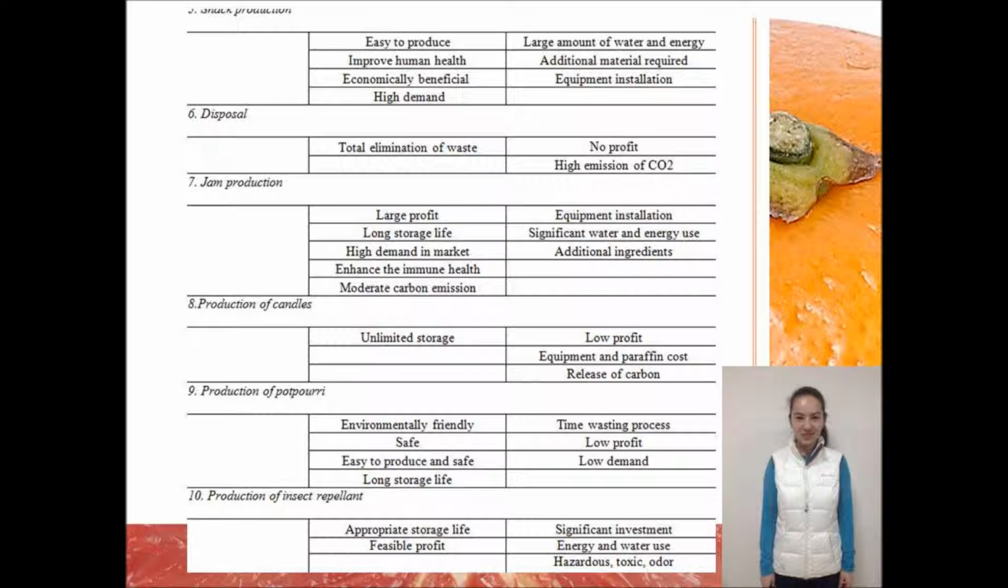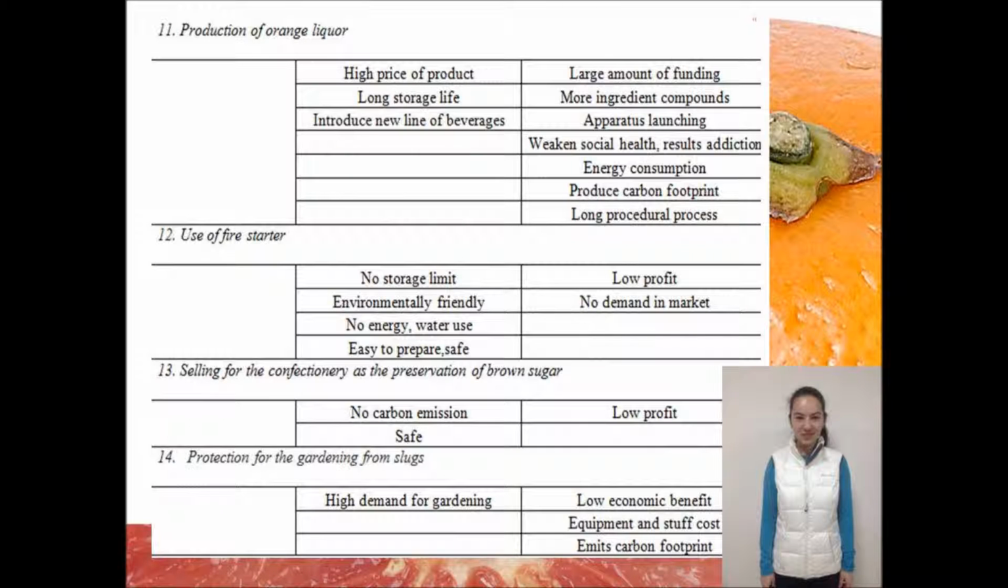equipment installation. Jam production. Initially proposed as the main alternative of our group. The advantages include large profit, long storage life, high demand in market, enhancing immune health, moderate carbon emissions. The disadvantages are also evaluated on an industrial scale, and include equipment installation, significant water and energy use, and requiring additional